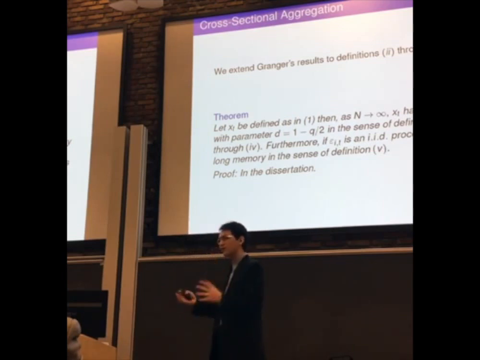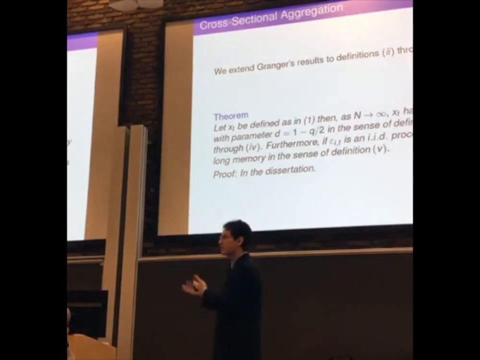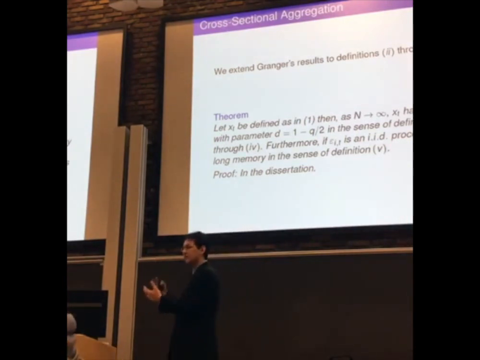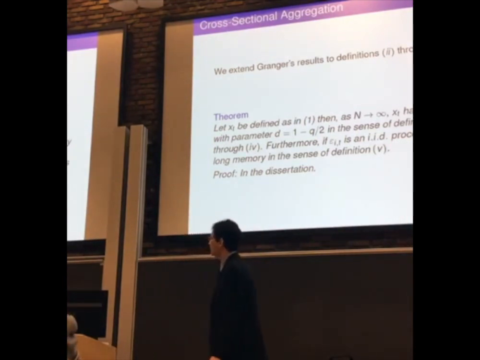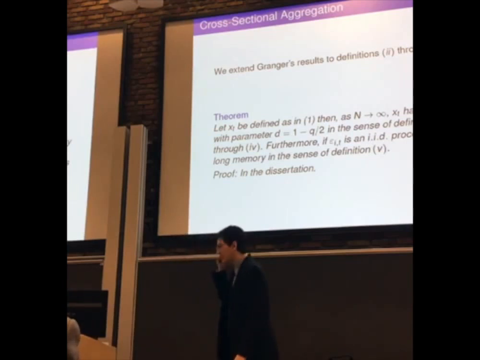So for the first 4 definitions, we don't need anything else. Given that we have that autocorrelation function, it's just a matter of doing the algebra, and we get that they satisfy these other definitions. I won't go through the algebra; it's of course in the dissertation. And then for the last one, probably the most resistant one, if we allow these epsilons, before just white noise, to be an IID process, then what we can do is take the central limit theorem.